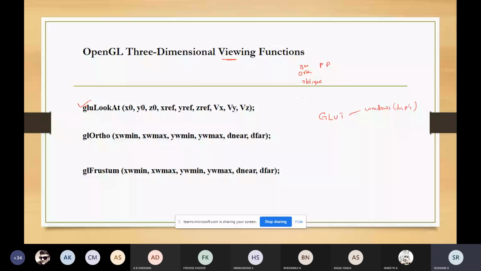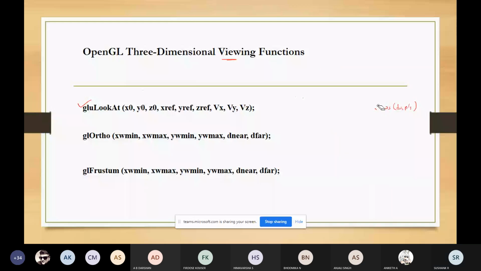For using this viewing transformation function, first we can have glMatrixMode. First we'll talk about the viewing transformation function, then we can know the syntax of this gluLookAt function.